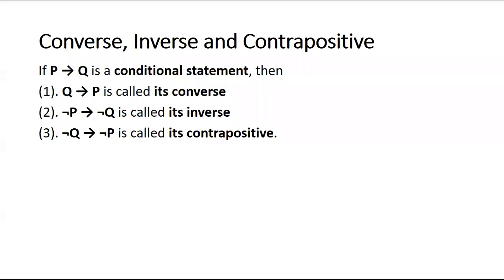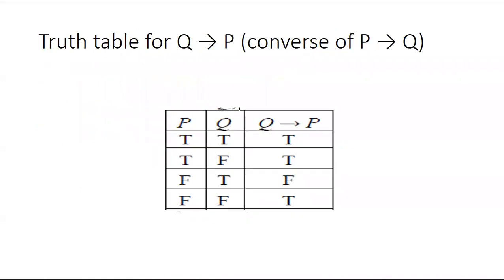First, we are going to see the truth table for this. Truth table for this is P and Q. I'm going to write P as true, true, false, false, and Q as true, false, true, false. So Q implies P, how can we write it? What will be the truth values for Q implies P? What will be the condition for P implies Q?